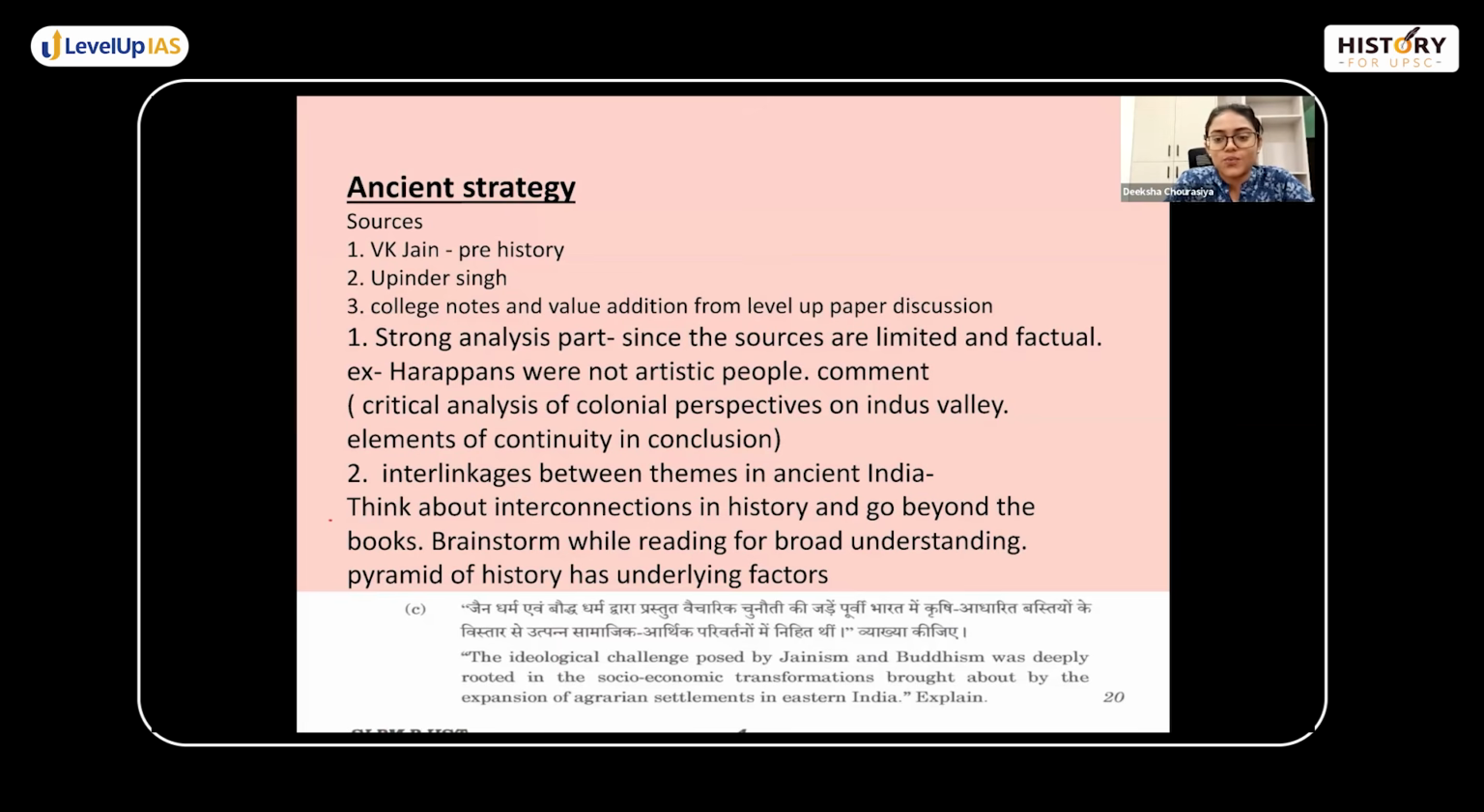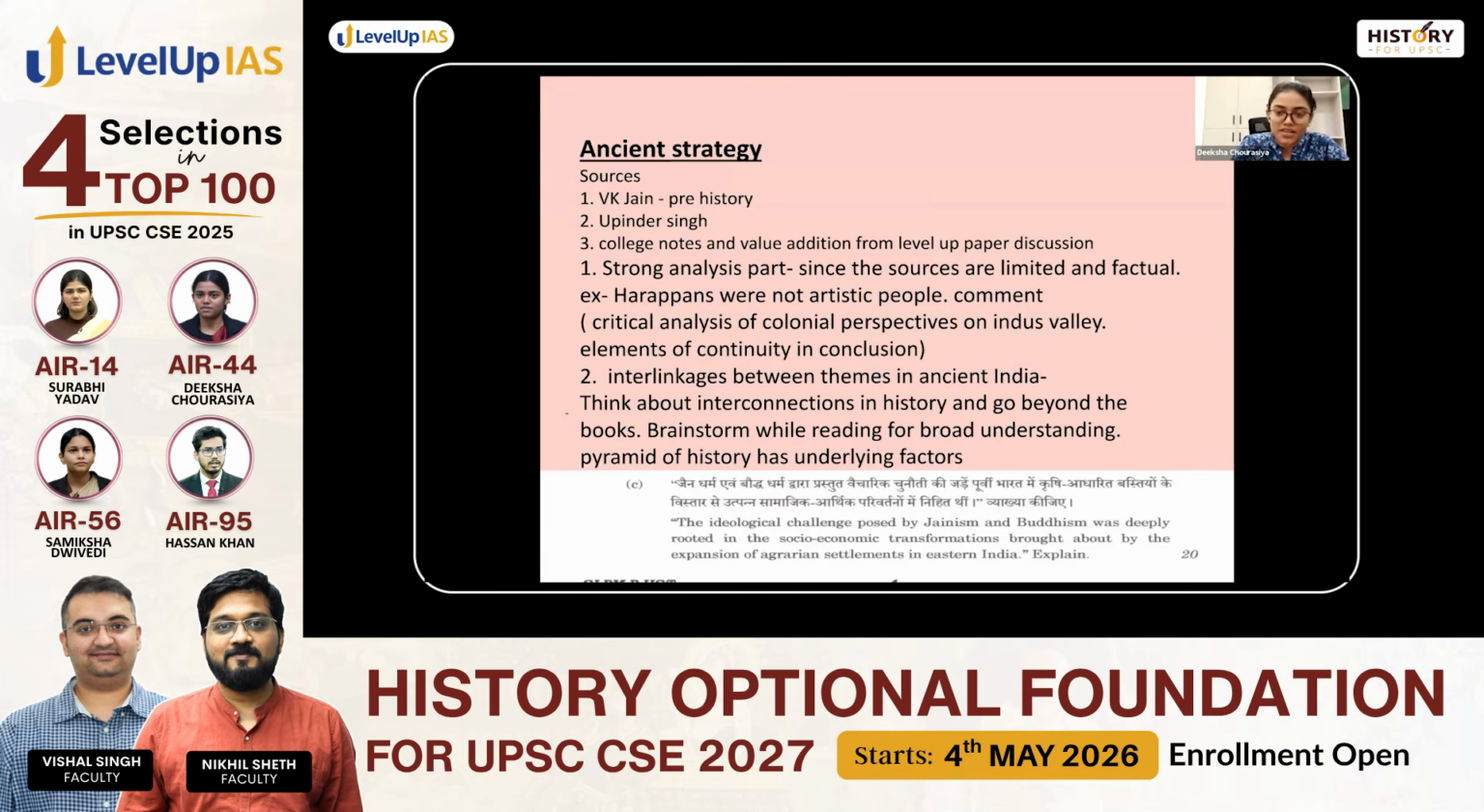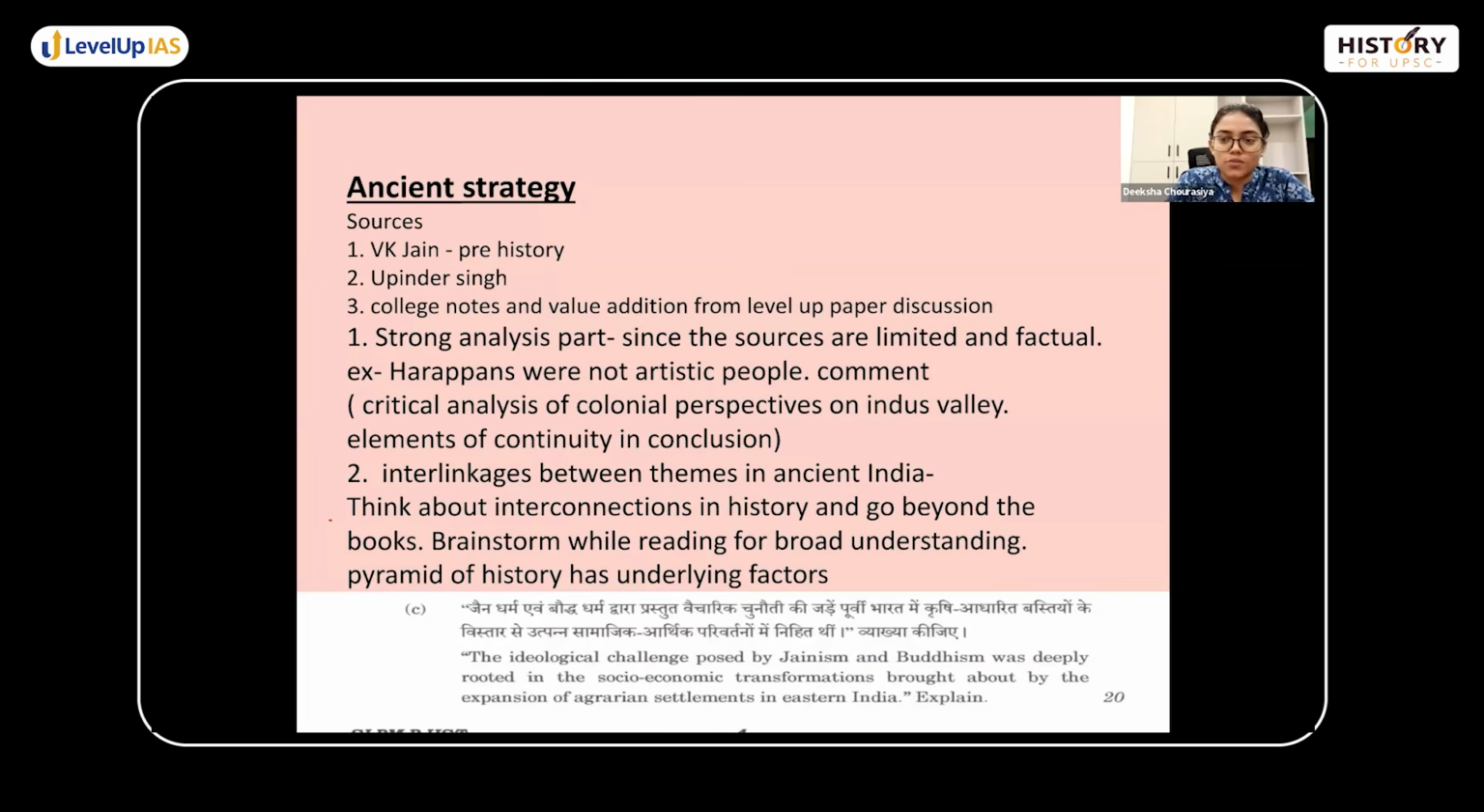I think similarly for 20 markers as well, it requires 1 minute of attention. You read the question and then you understand what all subsections you'll make under it, and how interconnections, what all sections you'll include. So for 20 markers, I used to take 1 minute to think and brainstorm the broad understanding of the question. So for this, I had taken an example of the ideological challenge posed by Jainism and Buddhism